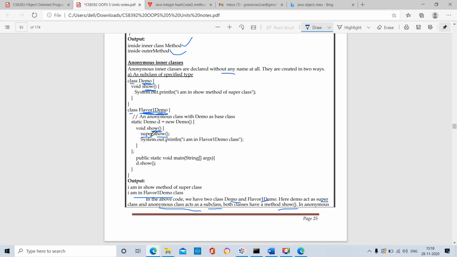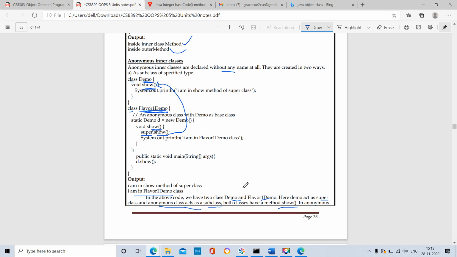When we run the show method present in the child class, it will hide the show method present in the parent class. By using super.show, we are calling the show method present in the superclass, the parent class. Okay, that's enough for anonymous inner classes.